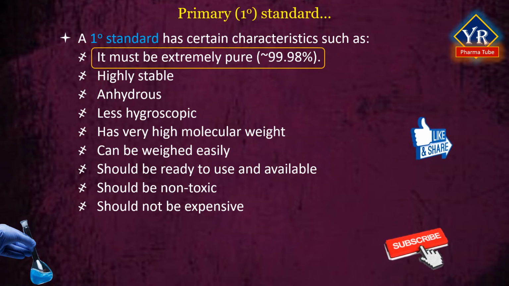So, when a chemical has purity of 99.98% or more, it is a suitable material to be considered for primary standard. Usually, those chemicals that exceed the requirement of the American Chemical Society are extremely pure and can be used for making primary standard. It is an analytical reagent of extreme purity which is specially manufactured for the purpose of being used as primary standard.